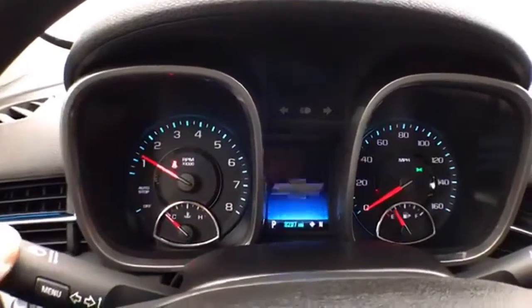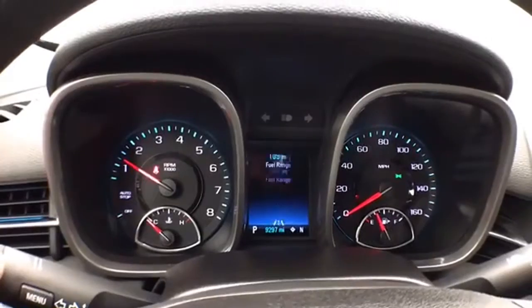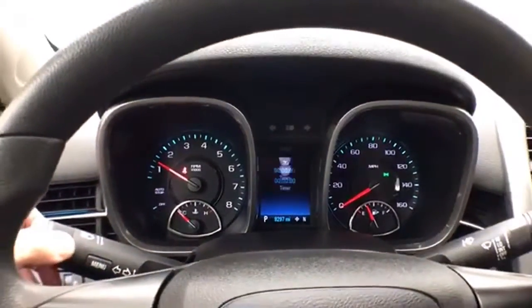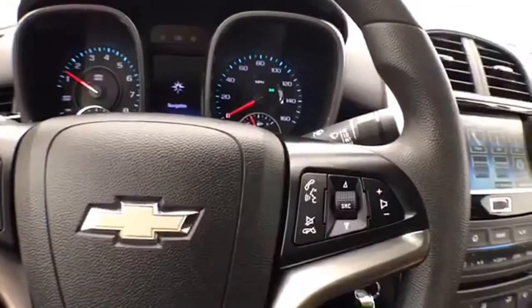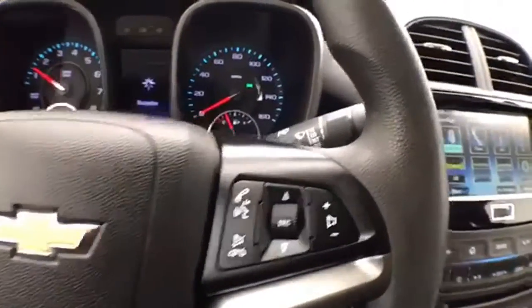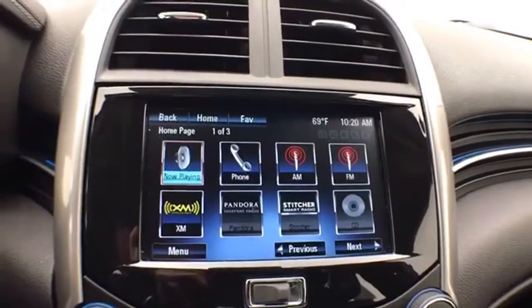Large, easy to read gauges. Again, only 9,000 miles with driver information system, cruise control, steering wheel mounted audio controls so you can keep your hands on the wheel, large 7-inch touchscreen MyLink infotainment system,